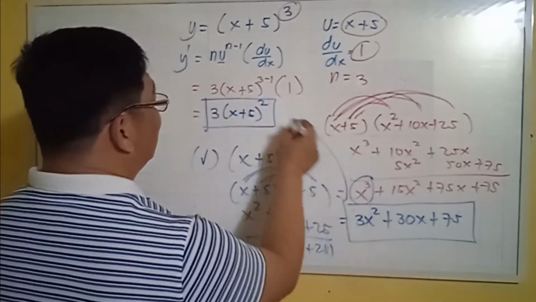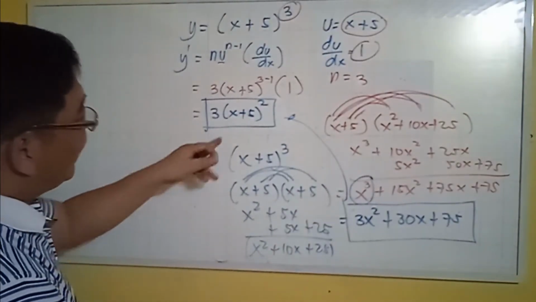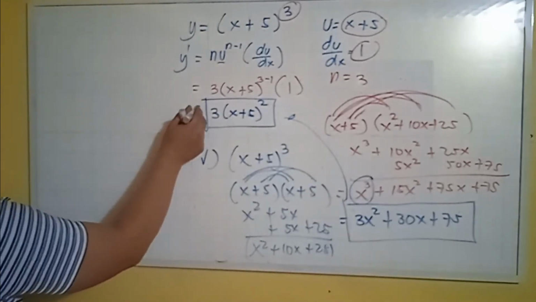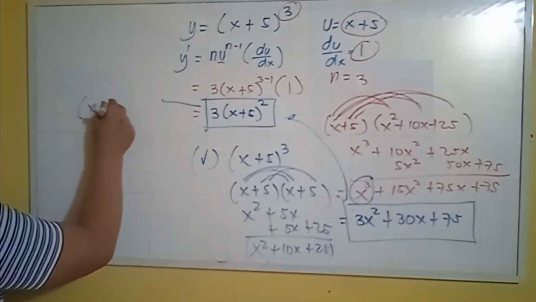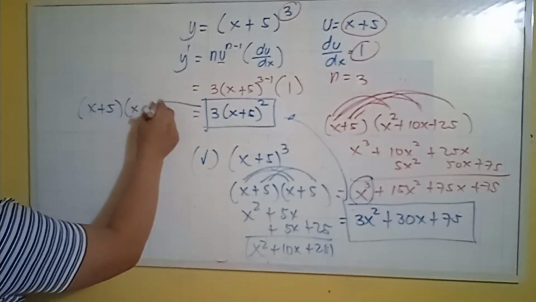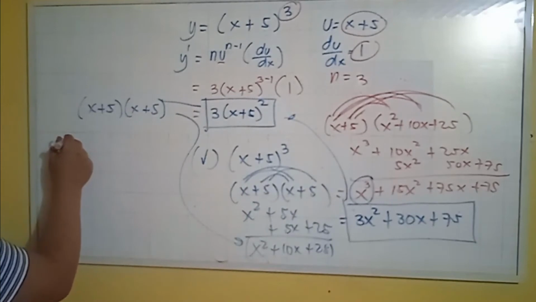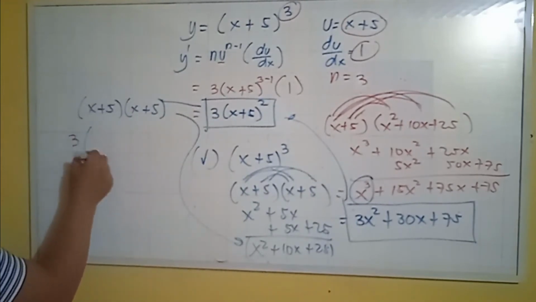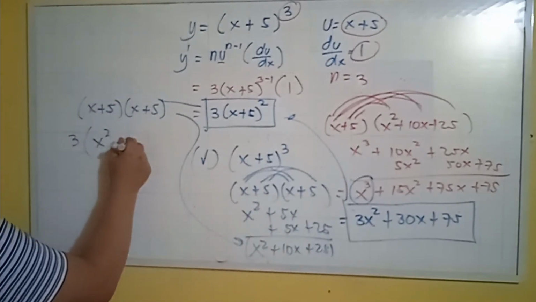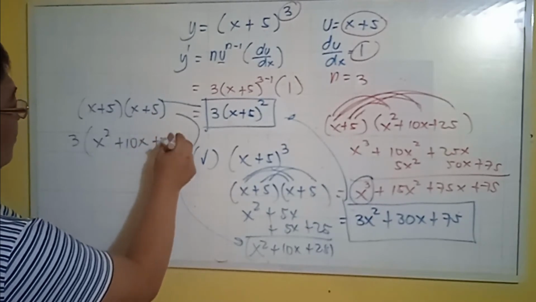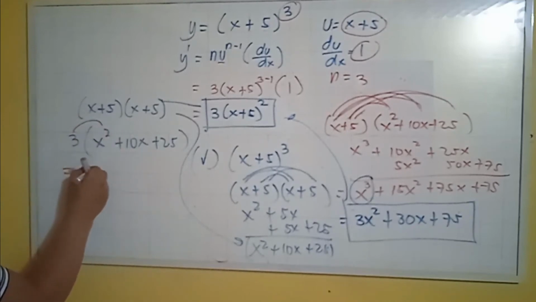So are they the same? So di pa natin alam. So check nga natin, expand natin to, what will happen if they will be the same. So x plus 5 multiplied by x plus 5. Nakita naman natin dito, the output nito is this one. So you have 3 multiplied by this one, x squared plus 10x plus 25. You have distribute this 3, that is equals to 3x squared